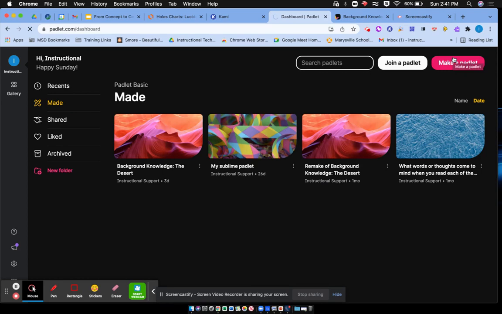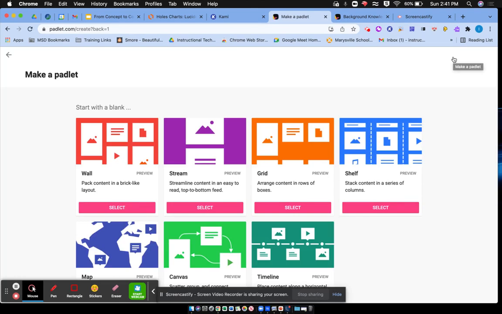And I'm going to show you exactly which of the Padlets I chose for this particular training. The one that I chose would be Shelf. That gives us the columns. Other ones that you can choose from are Wall,